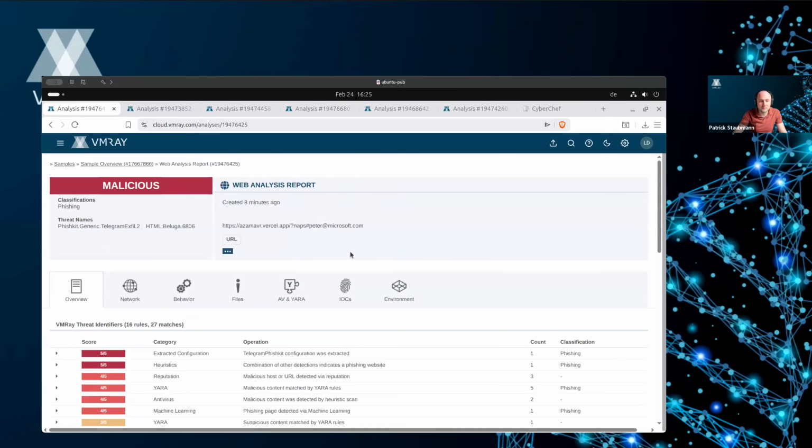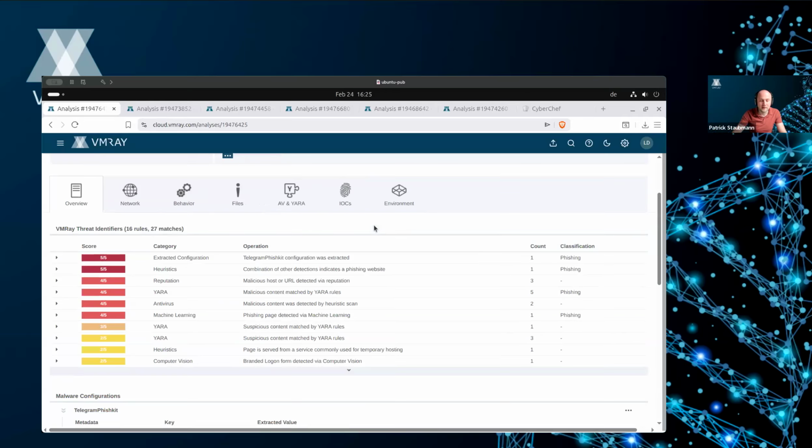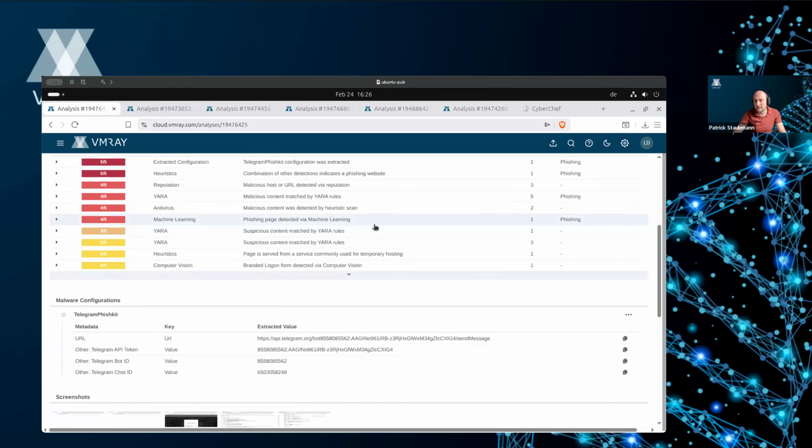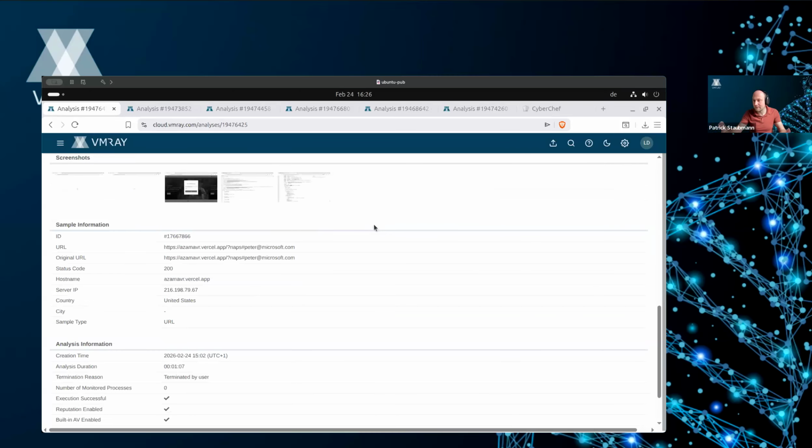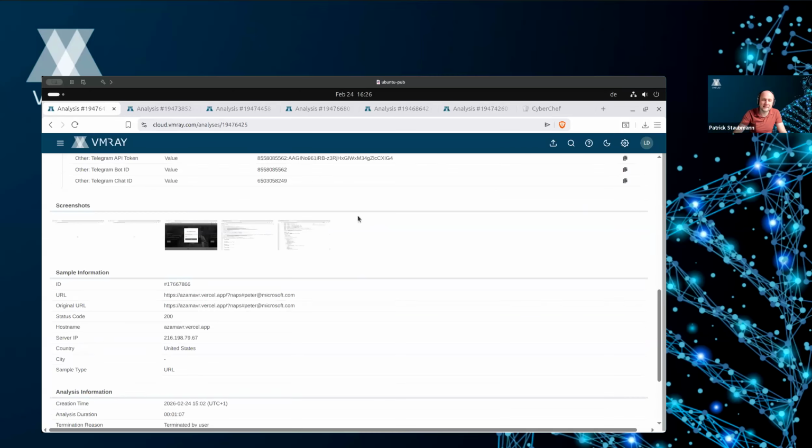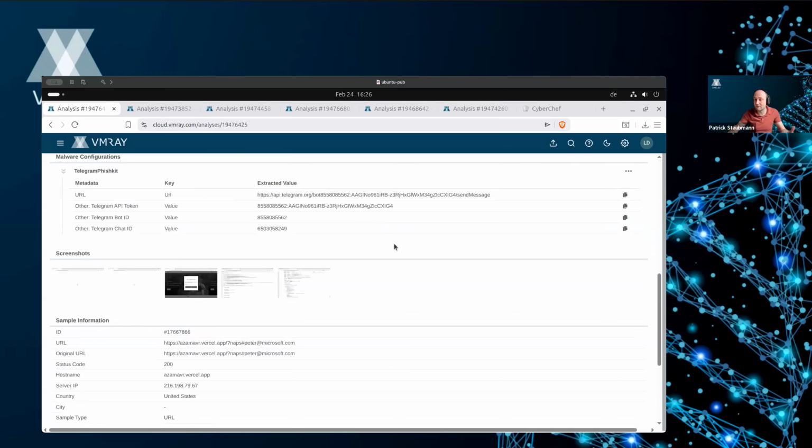As the sample that we've submitted here is a URL, you have to have a sort of dynamic web analysis where a client system, in this case one of our VMs, visits that page. Based on opening and loading the page, we can parse the return data from the web server, and from there we can extract this information.